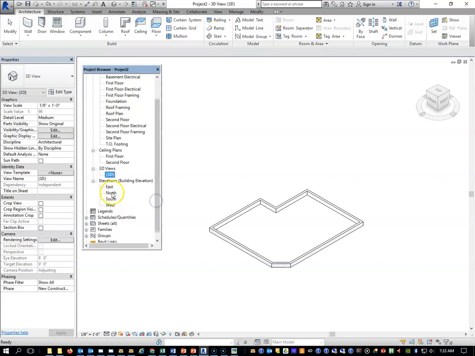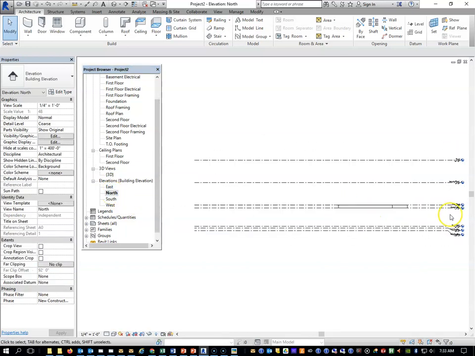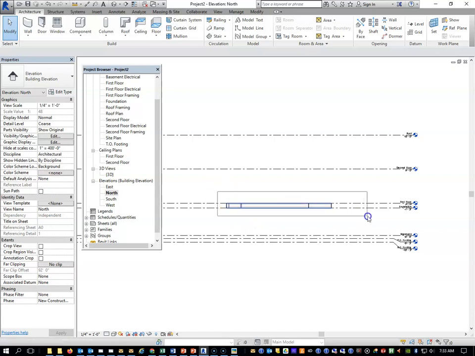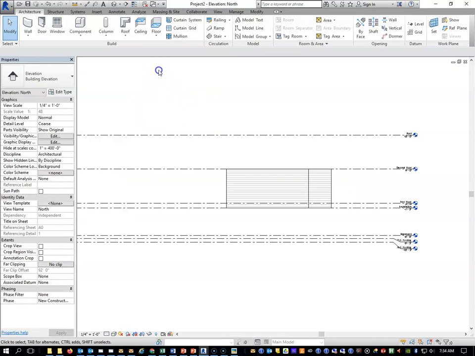Let me take a look at my levels for a moment, and you can see my walls here in this elevation too. I set them to the first floor, and what I meant to do is set those to the second floor. So all of these walls are too short. No big deal. We can select them and change the level to the second floor. We can do this anytime we want. And now when we go back to